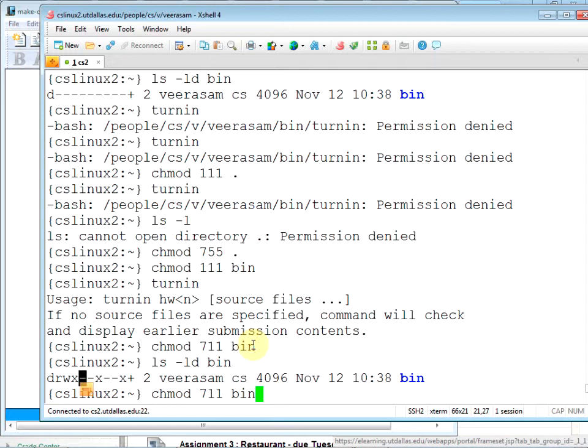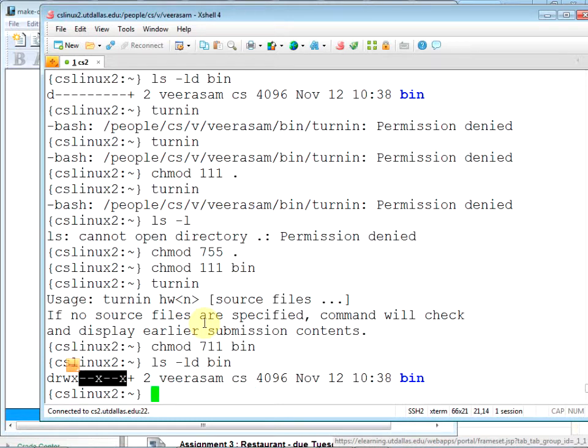It's kind of like on the web: you cannot list a particular directory, but if you give the proper name, it will allow you to access some file. So you need to know exactly what file you're accessing, turnin for example, but you cannot do ls bin and see the listing.